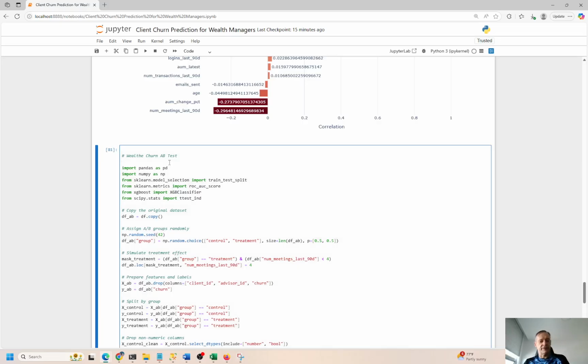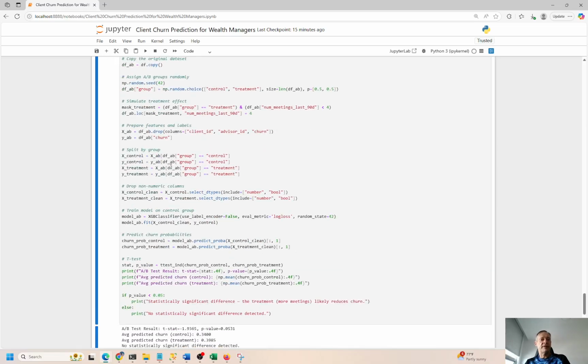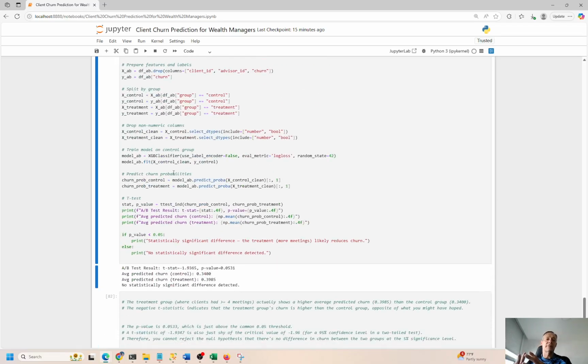So I wanted to do one more test here. This is called an A/B test. So A/B testing is basically looking at a couple conditions where you have a control group and a treatment group, and you do a hypothetical scenario to understand the probability of the event occurring. Again, it's a churn event, so we're using the independent variables and the Y variables, right? So the independent is going to be dropping churn IDs, and the dependent variable is going to measure churn, just like we saw above with the XGBoost classifier. So these are the independent variables. This is the dependent variable, and we want to look at the statistical significance of this test.